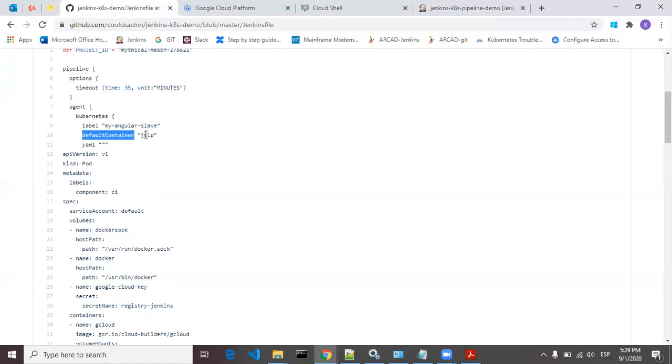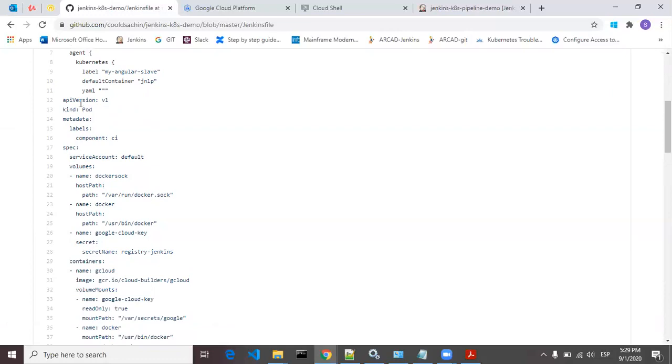The default container is the JNLP that we have configured, and this is a YAML script for your pod. So kind is pod, then service account given is default, volume, host path, secret. Now this secret is very important.